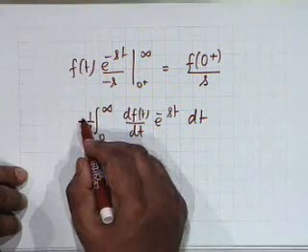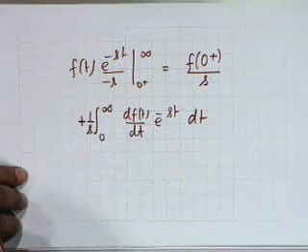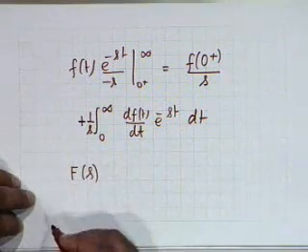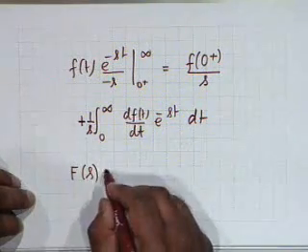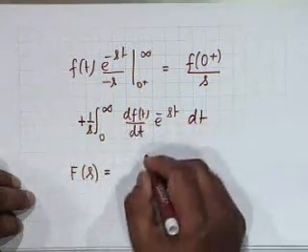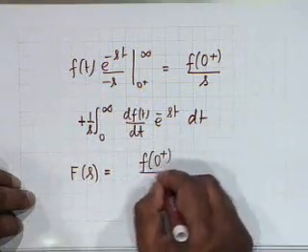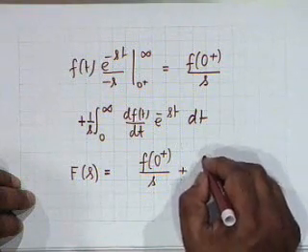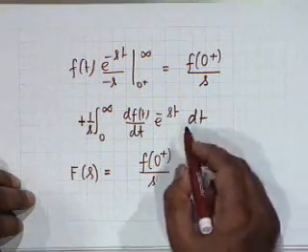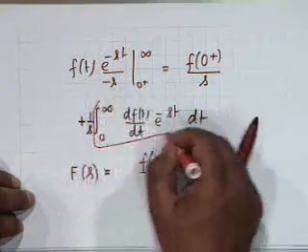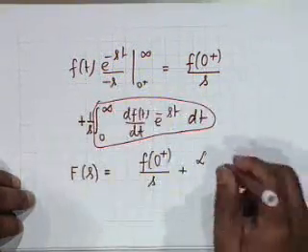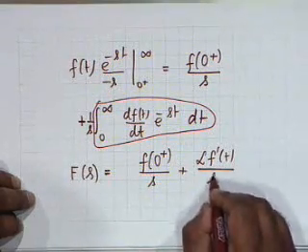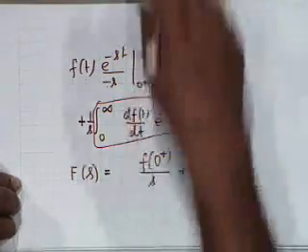The sign has to be plus, and therefore what I get is capital F of s. If you recall, capital F of s is this integral which we have evaluated, and it becomes f of 0 plus by s, then plus Laplace of, you see, this integral is nothing but Laplace of f prime of t, divided by s, and therefore